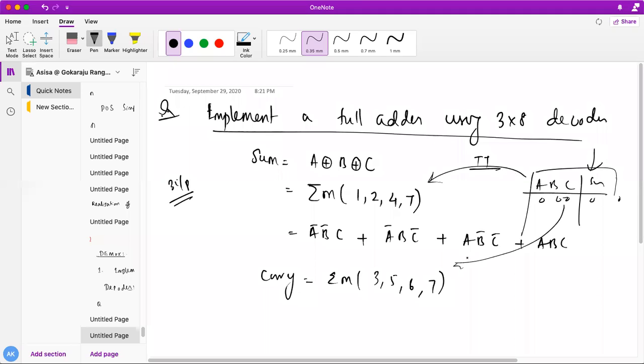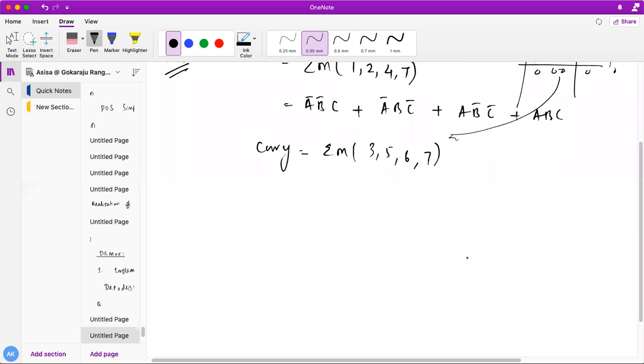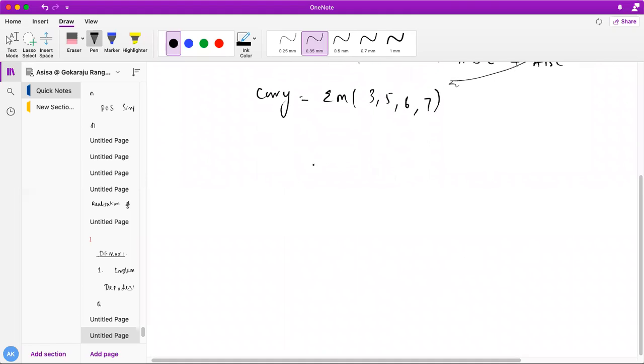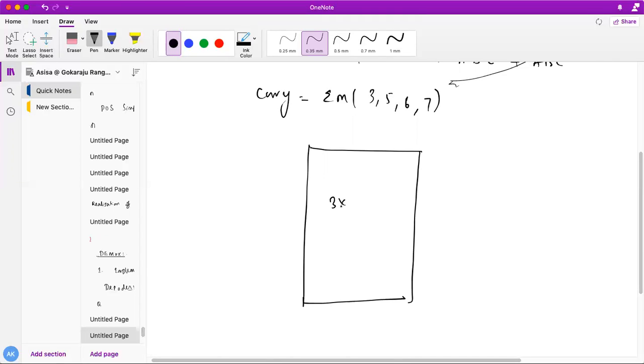After that, what do you need to do? You need to find the sum and carry using a 3x8 decoder. For this I need a 3x8 decoder, because the highest min term is M7, so 3 input variables are required.